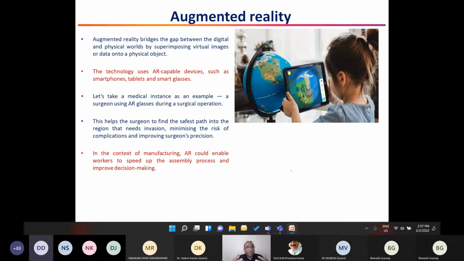So you understand, typically when a plant goes off, when the production stops, the companies will always make huge losses, right? So that way, with augmented reality, the time required to fix these things or address these concerns is very, very small as compared to the actual time that is required to address these things with the help of physical documents.